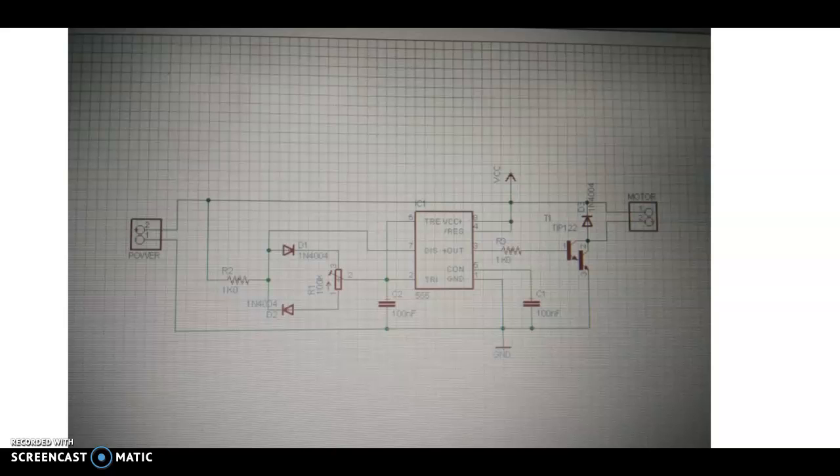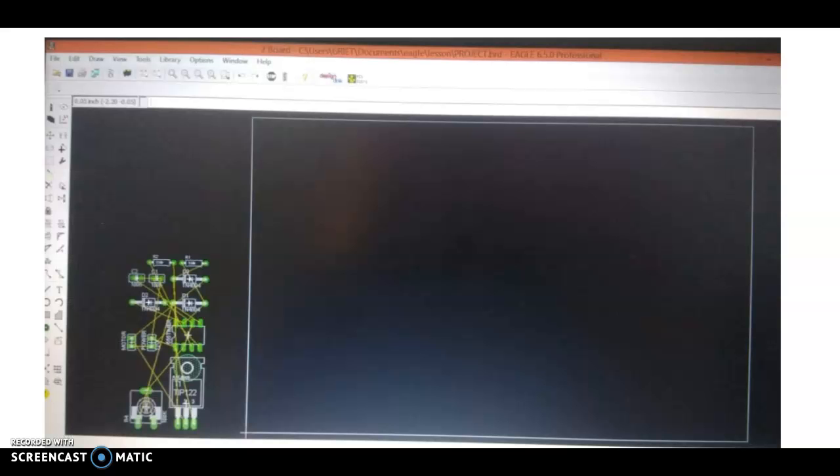In Eagle software, we need not create the footprints separately. When we choose the schematic components in the schematic window, the footprints are generated automatically in Eagle software, unlike KiCad. So this is the PCB board that I got after I chose file, switch to board. This is the footprint diagram, and now these footprints have to be moved completely into this window.